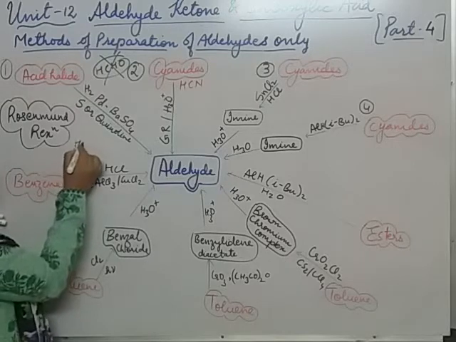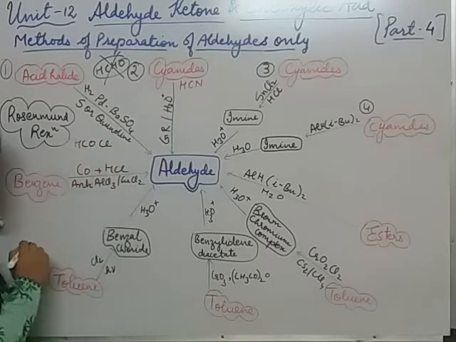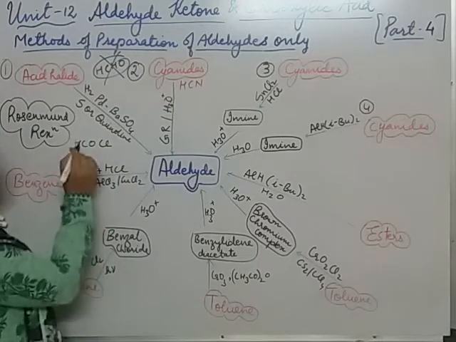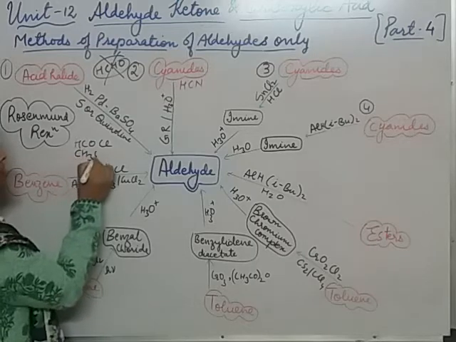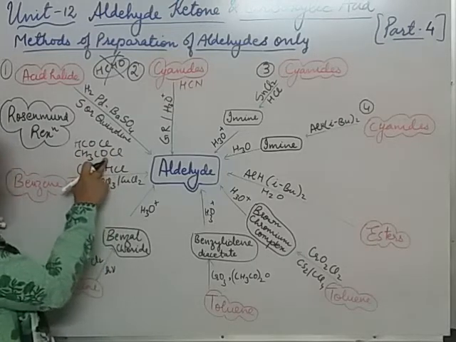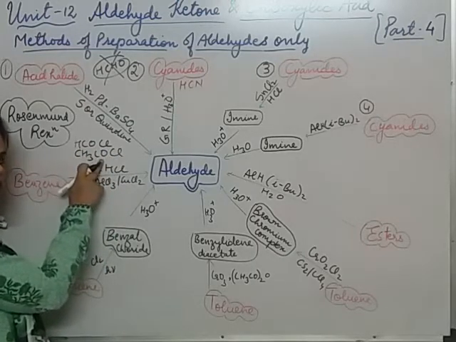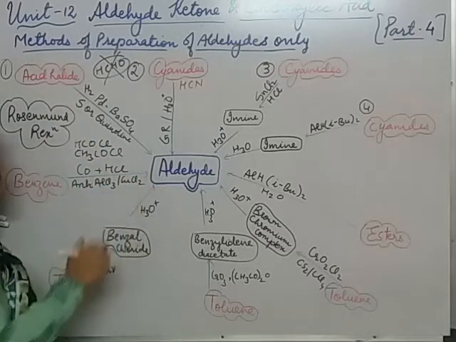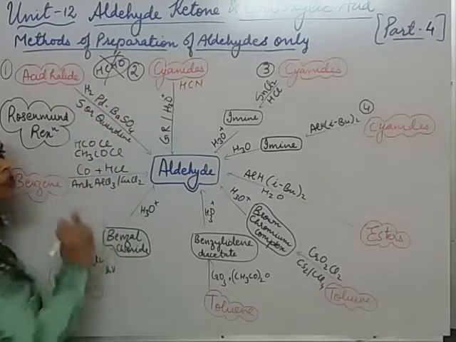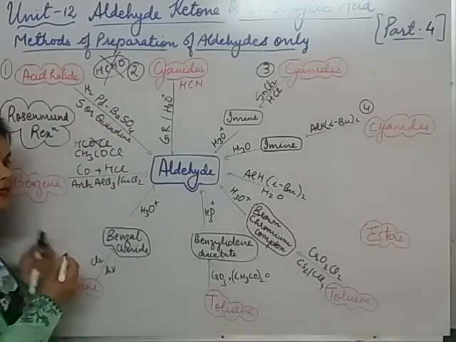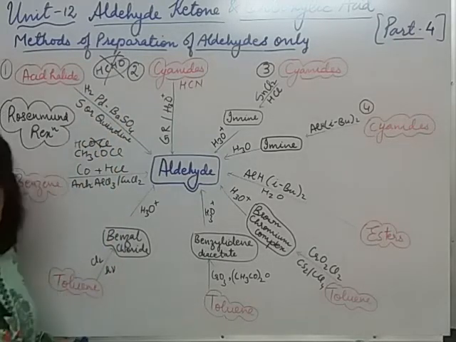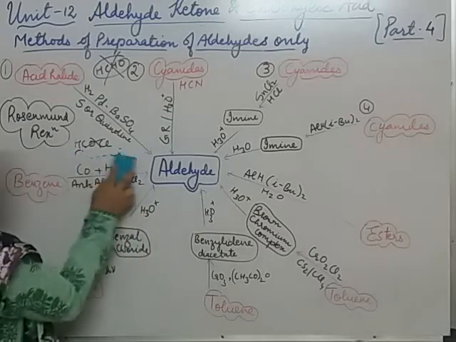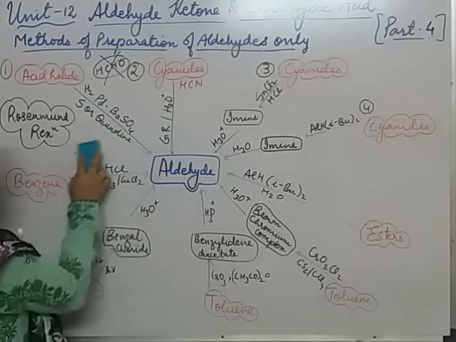Actually, HCOCl does not exist, it is not stable. So CH3COCl is the first member. So a minimum of 2 carbons are present, and when this acid halide is converted into aldehyde, we cannot prepare HCHO because this doesn't exist. So HCHO cannot be prepared by both the first and second methods.